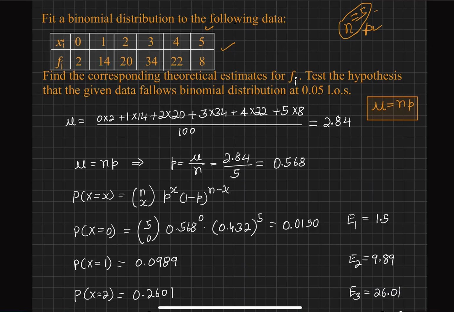Now using this formula, if I determine mu, we can calculate the p value, the probability of success. So I have determined the mu value using this frequency distribution. We got it as 2.84, and using mu is equal to np, we have obtained the probability of success, that is 0.568,